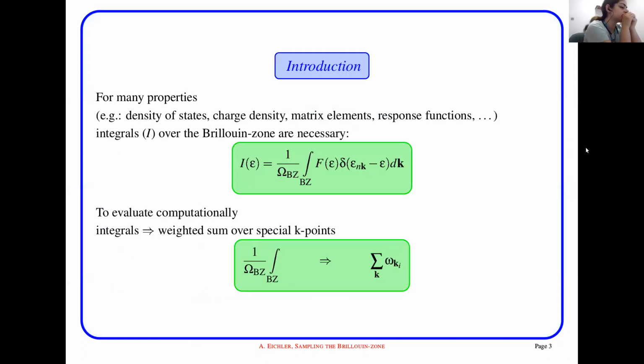Sometimes I will go fast in the sense that there are a lot of formulas here. Then again, I don't think it makes sense for me to explain them because you need to see them. And also, you don't need to learn the formulas by heart because you will never use them, because actually it's VASP that needs the formula, not you, luckily. But you just need to grasp the main concept, okay?